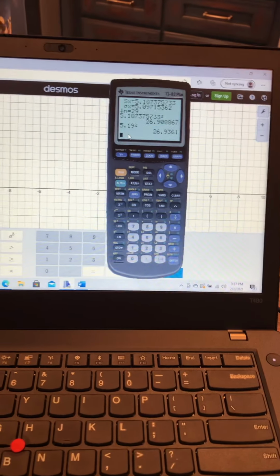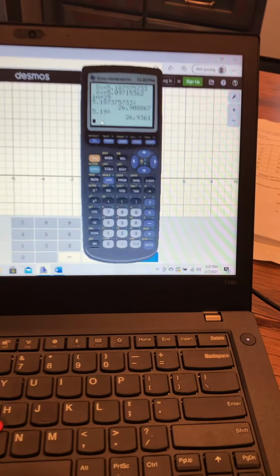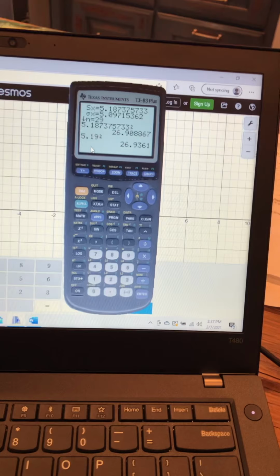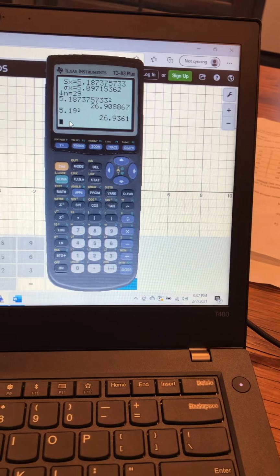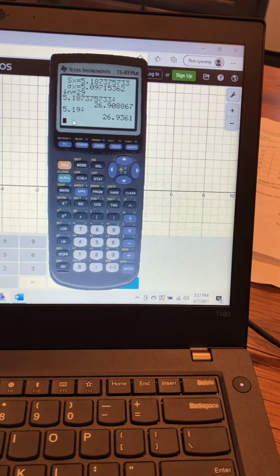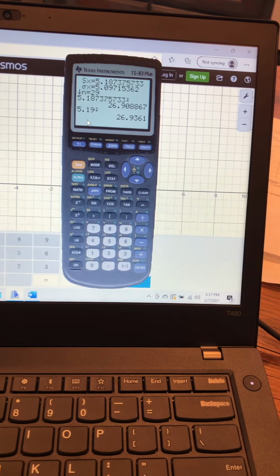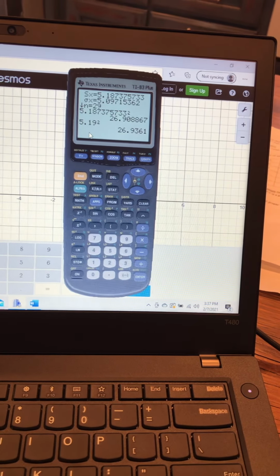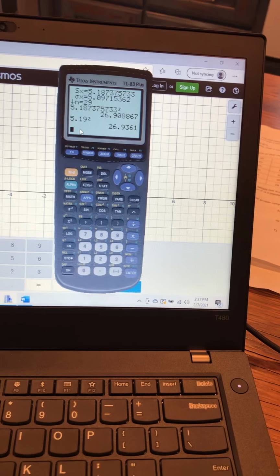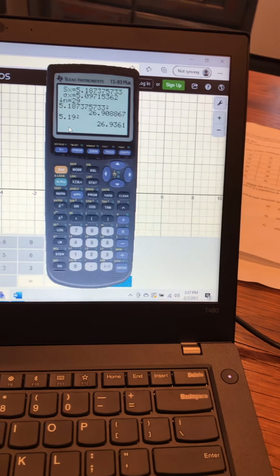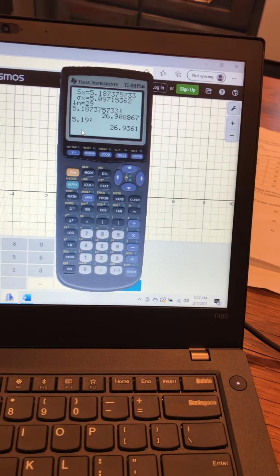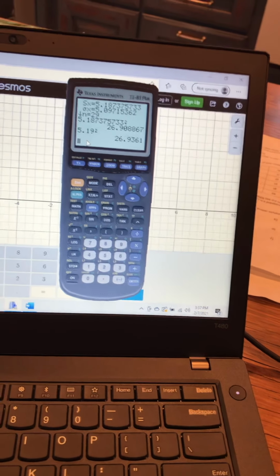use the rounded value. Okay, so that's how you do the mean and the standard deviation, or any stats really, on the calculator for a frequency distribution. So you have to use the two lists. So it's still stat and calc. You just put your midpoints in one list, your frequencies in the other list, and then you do stat, calc, one var stats, and then whatever list you have for the midpoints, comma, whatever list you have for the